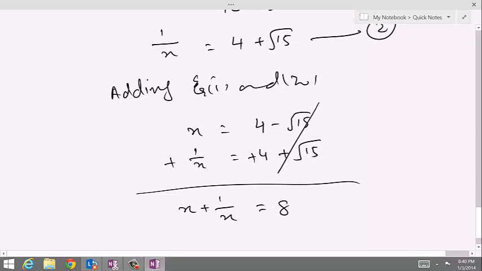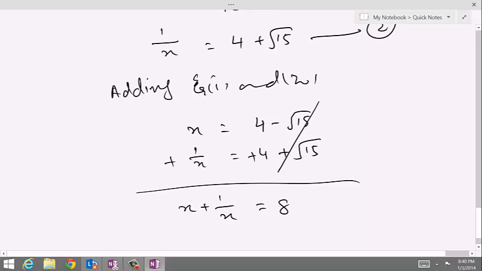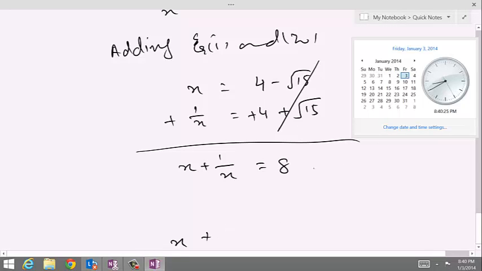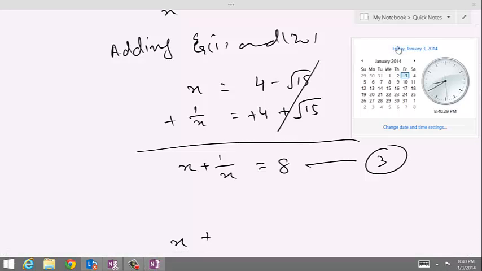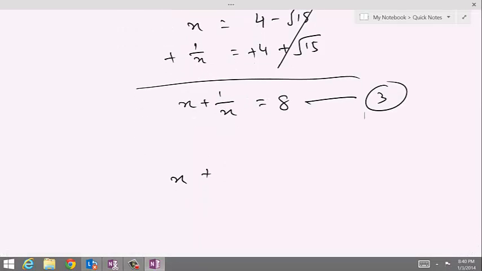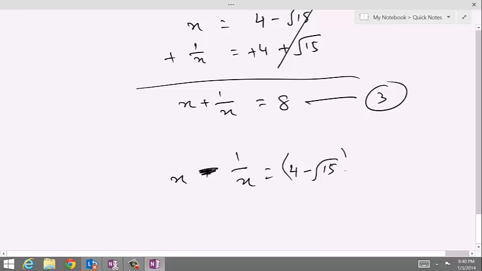We needed to find out 1 over x, which we have found as part of number 2, and in this one we again have found out x plus 1 over x, this is number 3, so x plus 1 over x is equal to 8, and now you want to find out what is x minus 1 over x. So x minus 1 over x is equal to, what was the value of x? That was 4 minus under root 15 and minus, what is value for 1 over x? That's 4, oh this is plus,